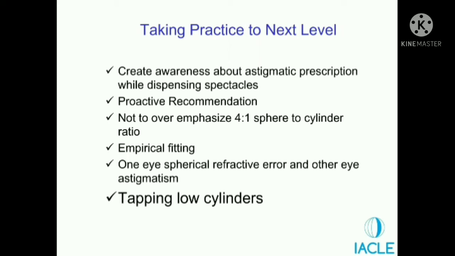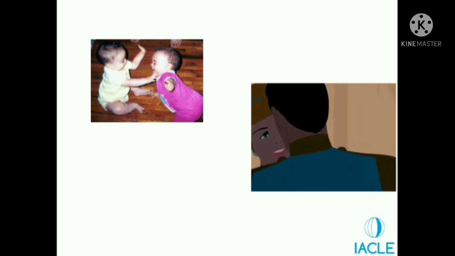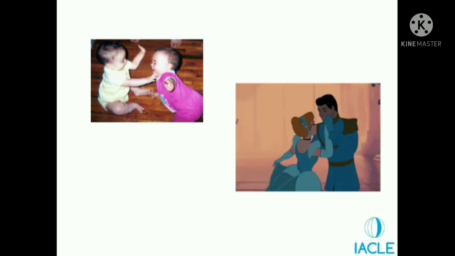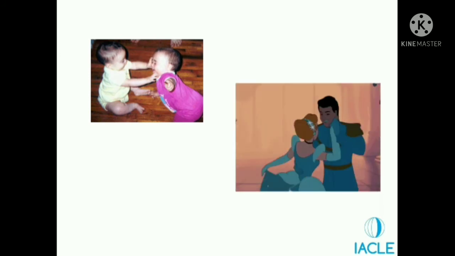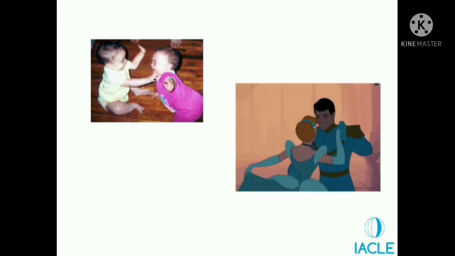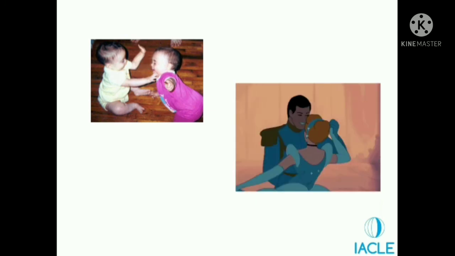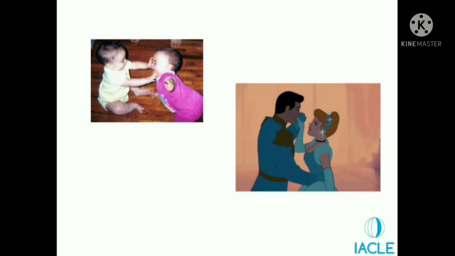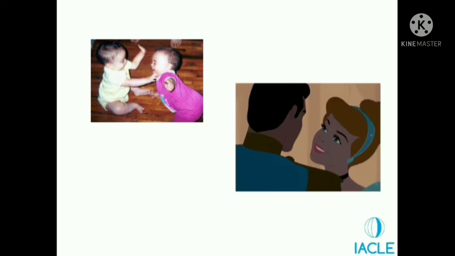And finally, anytime you see a 0.75 cylinder, the first thing that should come to your mind is a toric lens and not spherical equivalent. Okay, so what message I want to give you finally is very simple. If you don't want your patients to behave like this, if you want to have a good relation with your patient like this, you need to learn to fit toric lenses, because more than 40% of the patients will have astigmatism of 0.75 or more in at least one eye. So there are no purely spherical emmetropes. You will always have some astigmatism along with that.